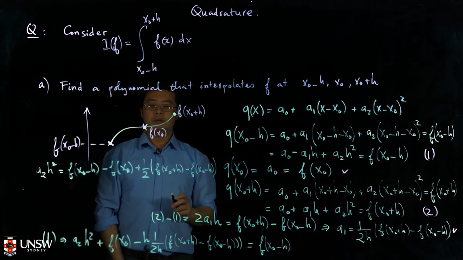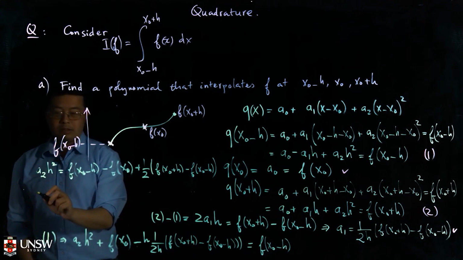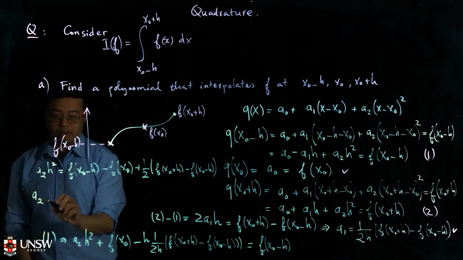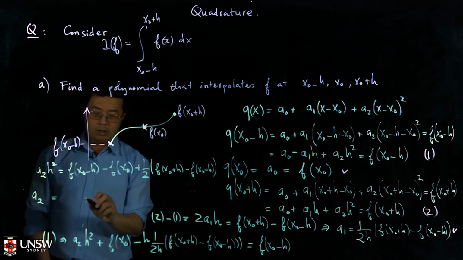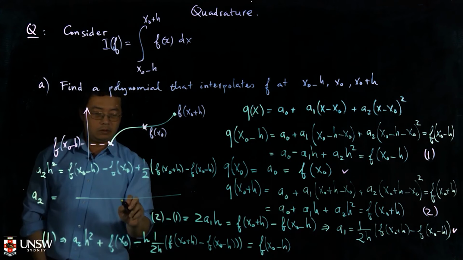Rearrange it one more time, then a2 will equal, you divide by 2h squared,